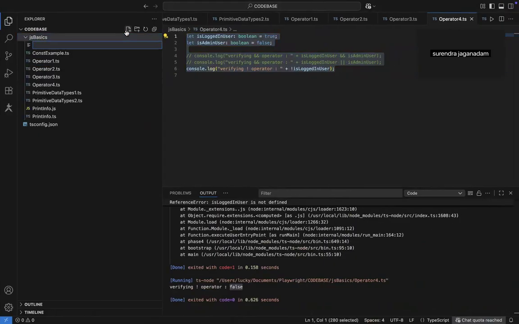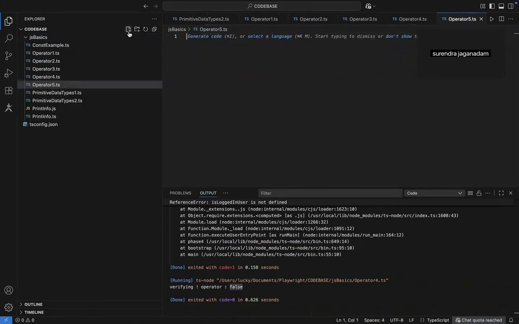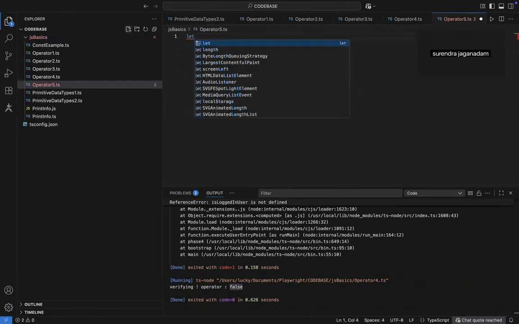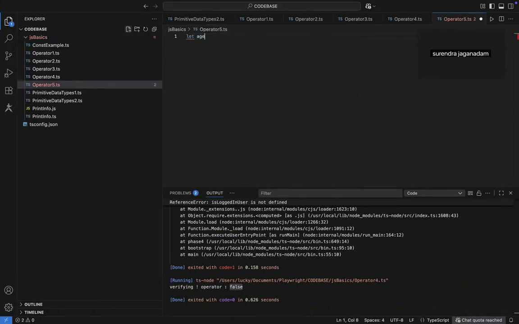Here I'm creating an example. Operator 4 dot ts already exists, so I just created operator 5 dot ts. Here, let age of type number be equal to 25. Consider that I'm defining an age as 25. Here, let isAdult. My requirement is basically that I just want to check